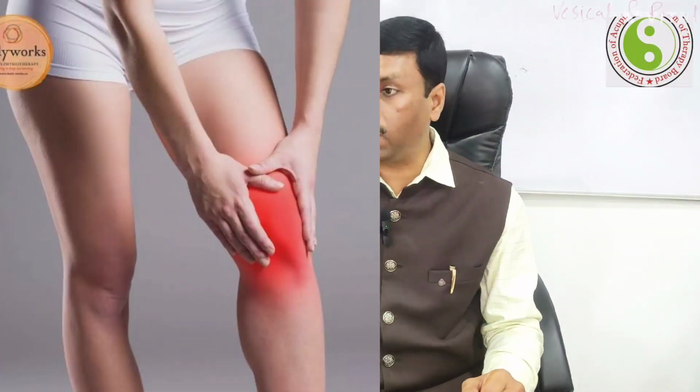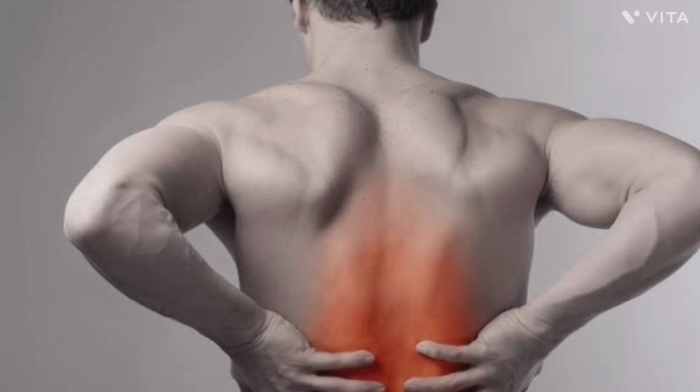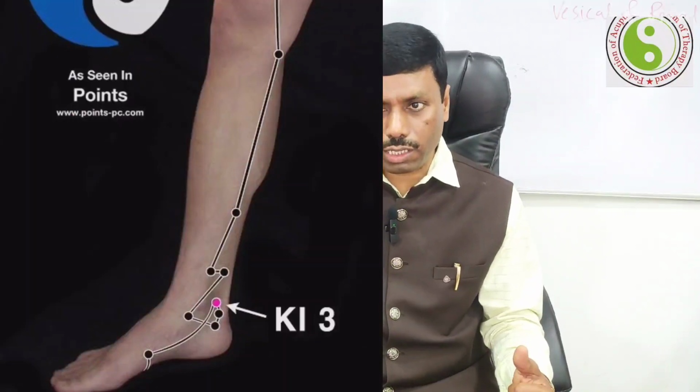Now people are suffering from knee pain and back pain. In that condition we want to strengthen the skeletal system, the bone system. Anywhere there is pain in the bone, a skeletal problem, a finger problem, a joint-related problem, a head-related problem, spinal cord, that means vertebra-related problem, upper back, middle back, lower back, anywhere you have the problem, the K3 point is advisable.